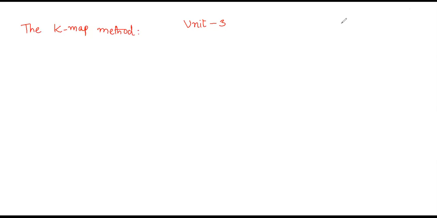K-map, or Karnaugh map. The question is why we need the K-map method. Why do we need it?